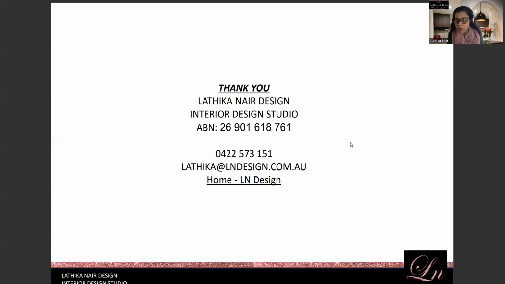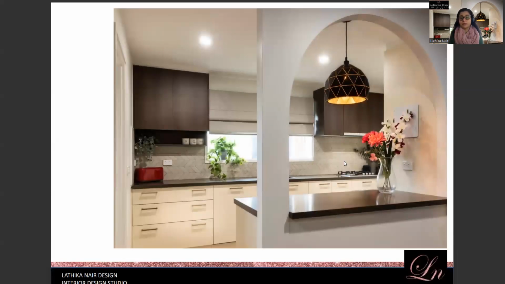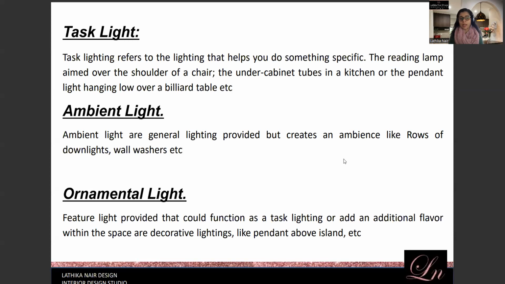What was that? Sorry. With ambient light. Yeah, you're right. That's what I was saying. So ambient light, usually it's creating an ambience, and it is mainly for the general movement and safety within the space. So that is termed as ambient light. That might be even termed as general lighting. So it's just the terms that we provide. Task, specifically it is for a task. Yeah, I hope that's clear.